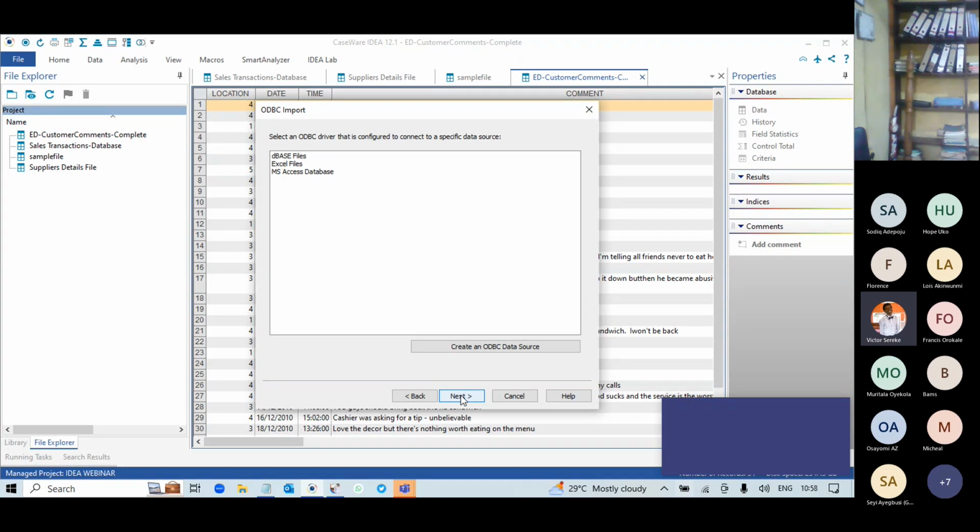Once I click on Next, by default there are some ODBC driver extensions that came with it. Is it from dBase? dBase is a database. Is it Excel files? Is it an MS Access database you want to get? Now, if you want to pull from an ERP that's not listed here, what you do is click on create an ODBC data source and fill in the relevant information, the name, the type,